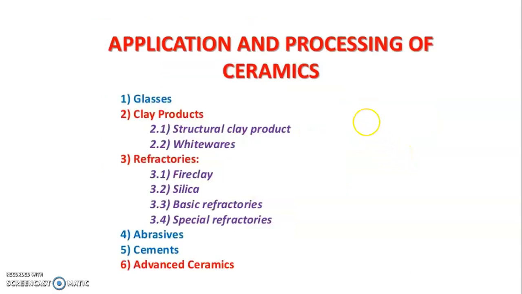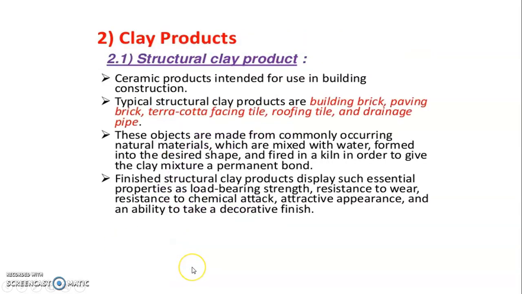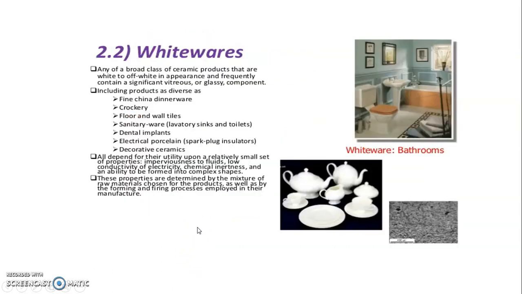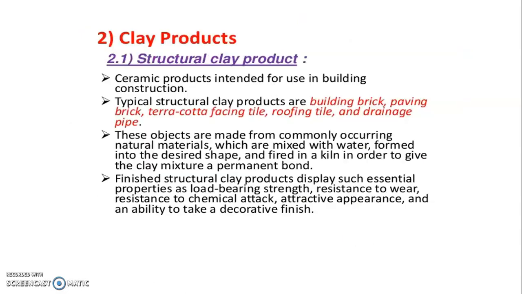Then the application and processing of ceramics are glasses, clay products, refractories. Then in the clay products, structural clay product and whiteware, we already said. Then refractories: fire clay, silica, basic refractory, special refractory. Then abrasive, cement and advanced ceramics. So these things. Then in the clay product, structural clay products, ceramic products are intended for use in the building